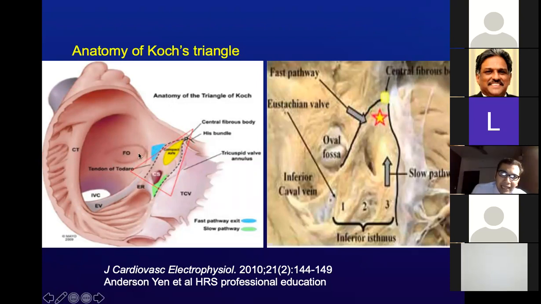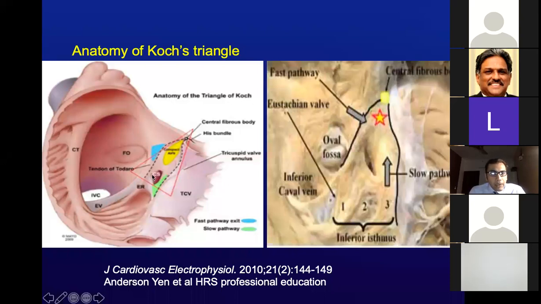Remember, this is the site of the ostium secundum. When you are born, this fossa closes. Sometimes there is a small opening which can cause paradoxical embolism from the right to the left. Also, when you do a Valsalva maneuver or you strain, bubbles or small clots can go in from here towards the left side of the heart.